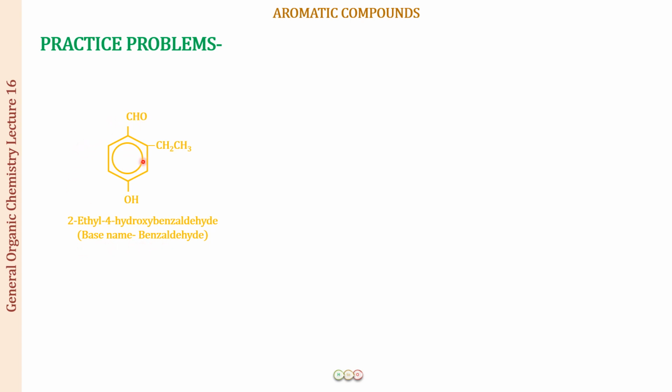So this becomes benzaldehyde, and when this is benzaldehyde, you can start the numbering from this end or from this end, but you have to give a lower number to the substituents. So obviously you will be starting from this end. So this is carbon number 1, this will be carbon number 2, carbon number 3, and carbon number 4. So we have 2 ethyl, 4 hydroxy. This you are going to arrange alphabetically, benzaldehyde. So that is the name of the compound. Now I hope you are understanding how you're going to name these structures.